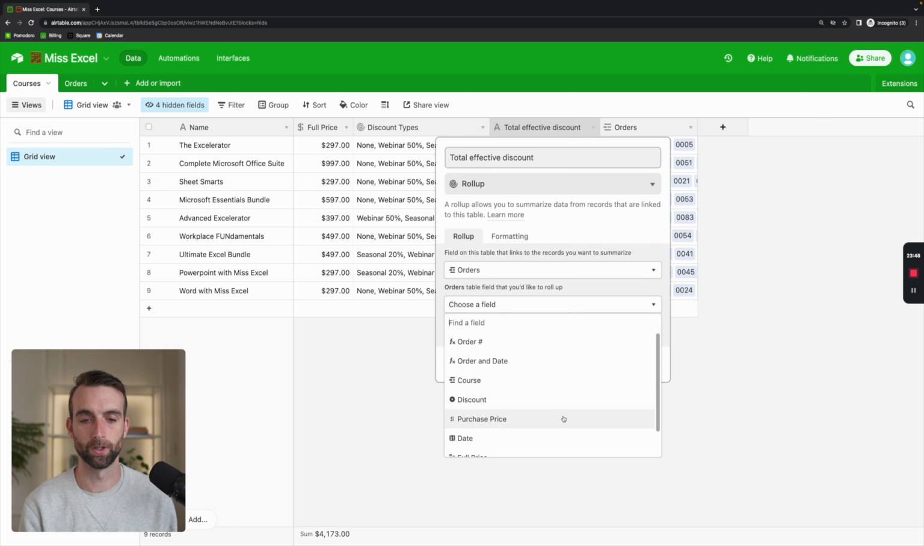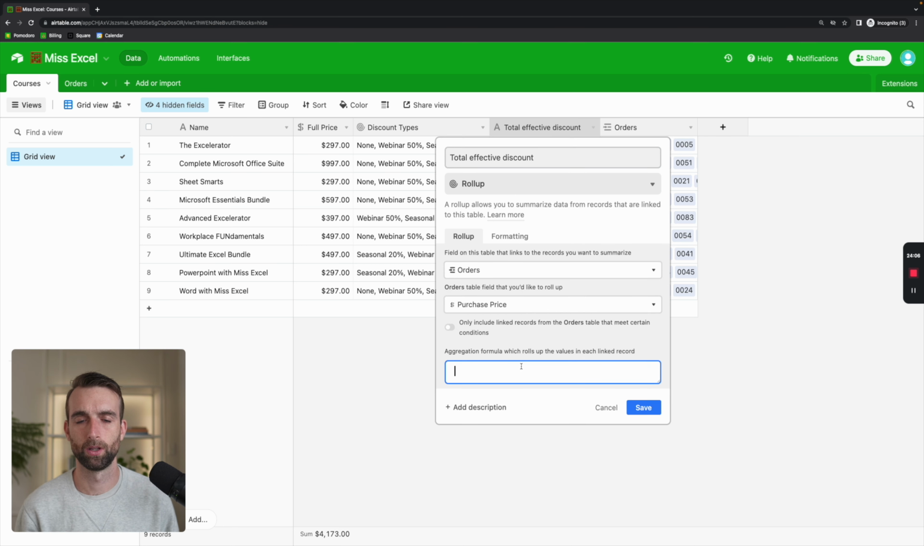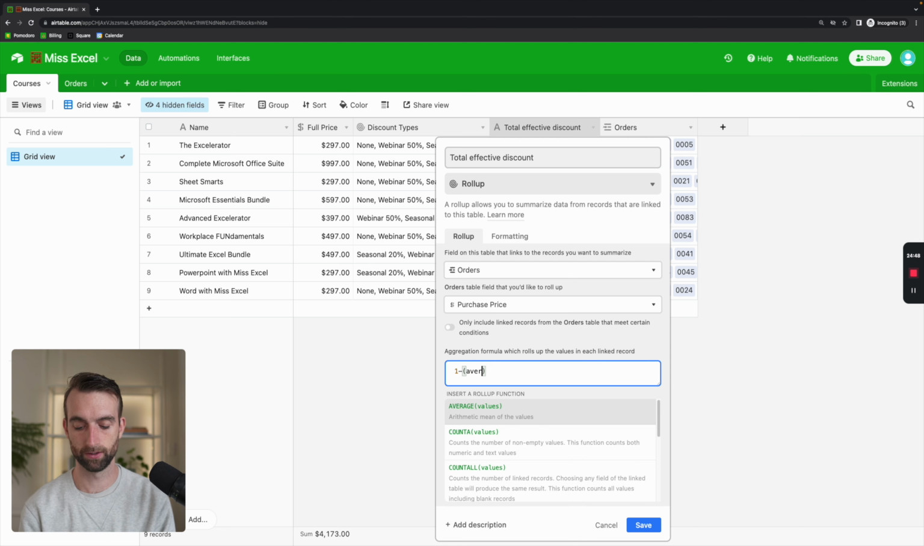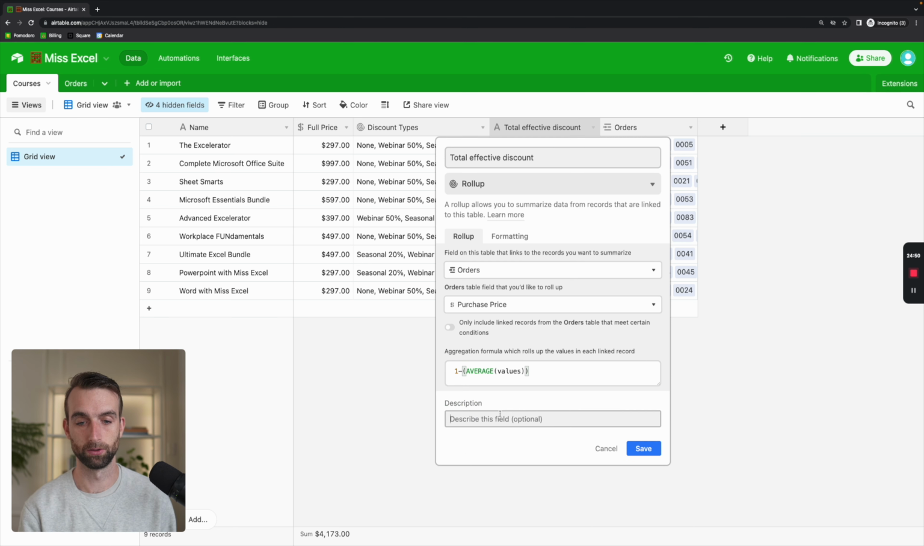So this is going to pull from the purchase price. Okay, so what's the math we want to do here? I think we want to get the average purchase price for all of the courses that we've sold so far. And then we want to divide that by the full price to get the percentage of the full value that we've sold. And then if I'm remembering my high school math right, we're going to take 1 minus that amount to get the inverse of that. So let's say 1 minus, and then within parentheses, we'll say average of the values